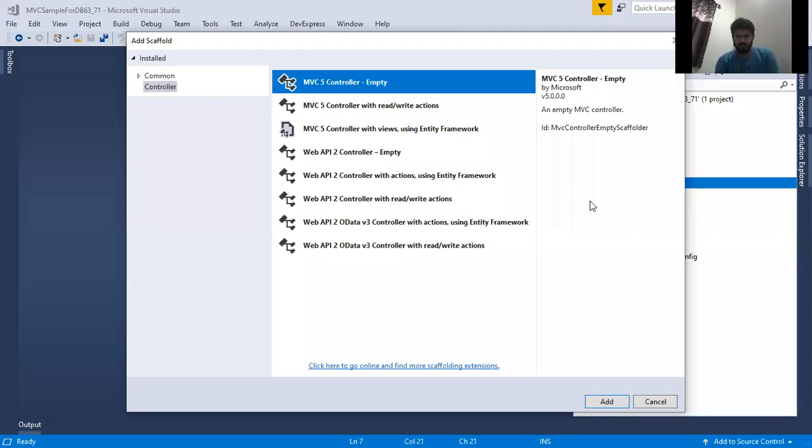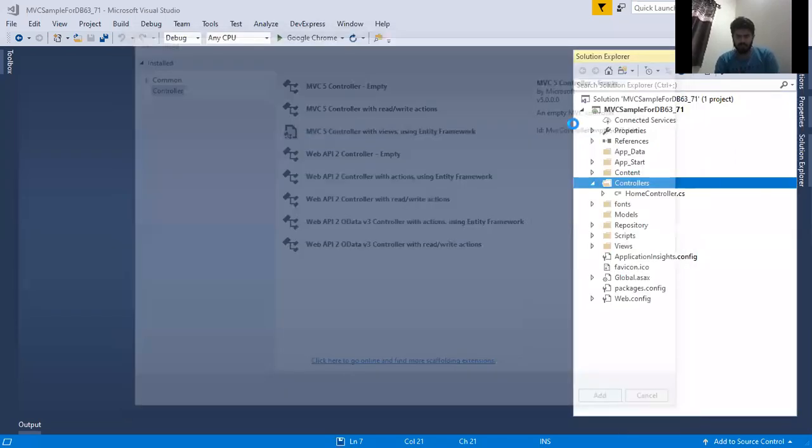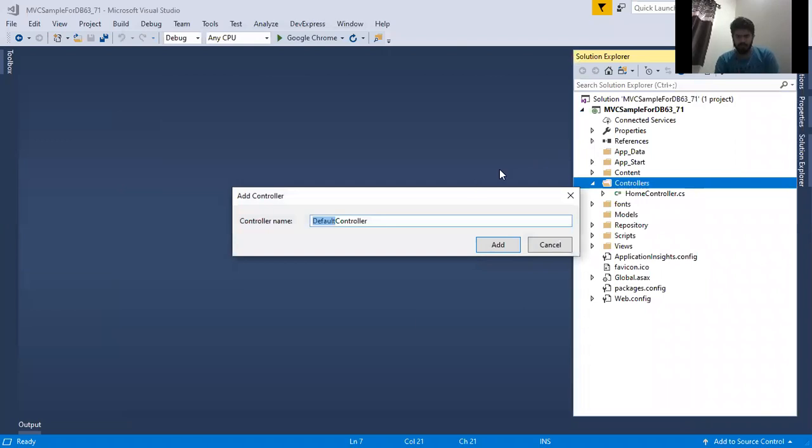Make sure to select empty. That will be better. Click on add. Then once you click on add, right here you can see the controller name. Default only is selected, controller is not selected, because the controller suffix is mandatory for all controller files.